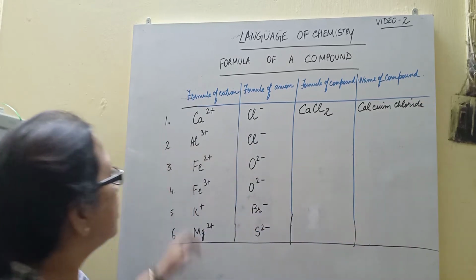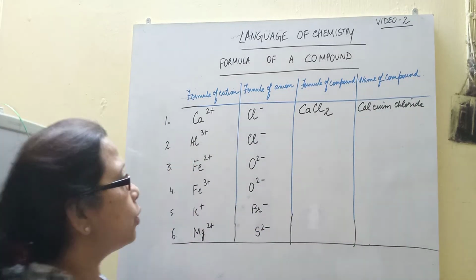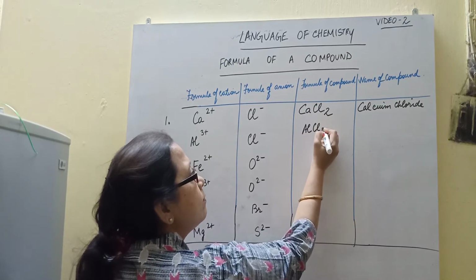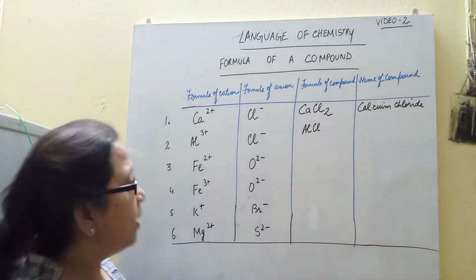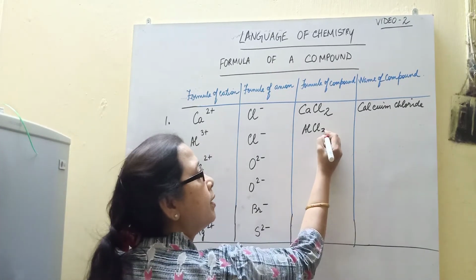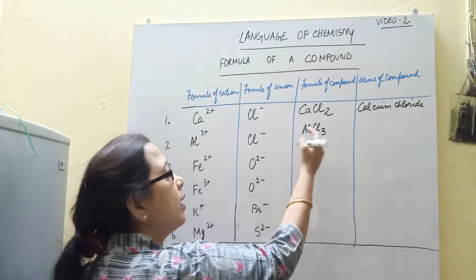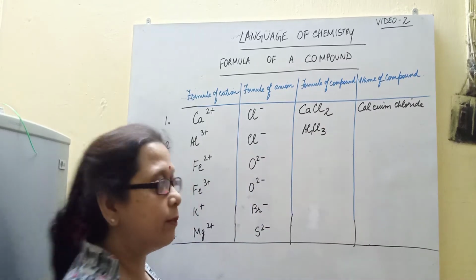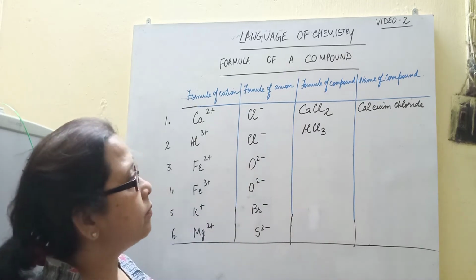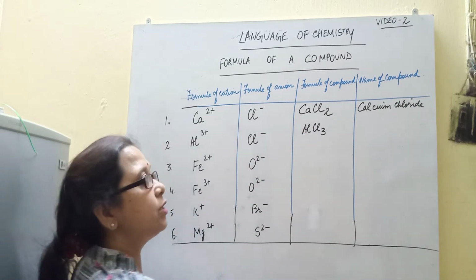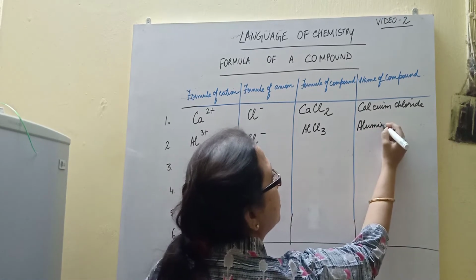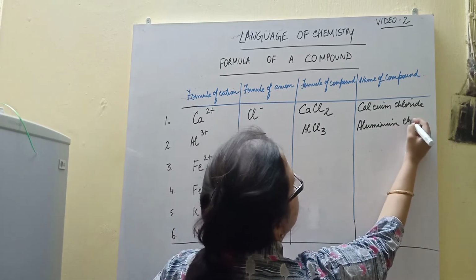Okay. Now aluminium. How to write the formula? You write the symbols of the elements first. The valency of aluminium is 3, so it will go to chlorine. Chlorine's valency is 1, it will come to aluminium. But we don't write the 1, so the formula becomes AlCl3, and you can understand its name will be aluminium chloride.